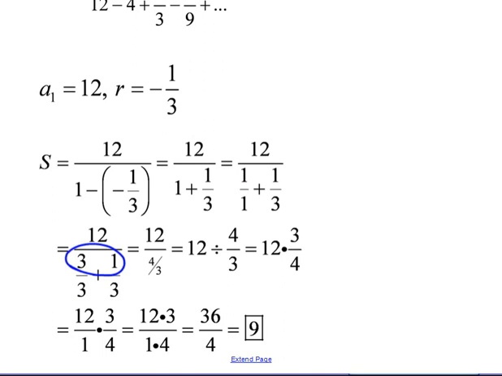So 3 plus 1 is 4, and we keep the bottoms the same, 4/3. All right, so here's where we're at right here. We have 12 on the top, and we have this 4/3 in the bottom. Now remember, every fraction problem is really division. What this fraction says,